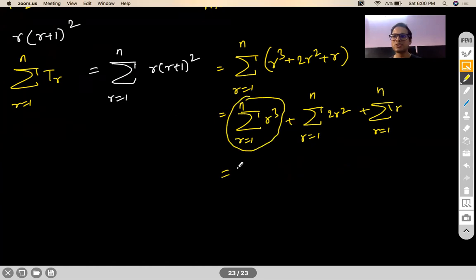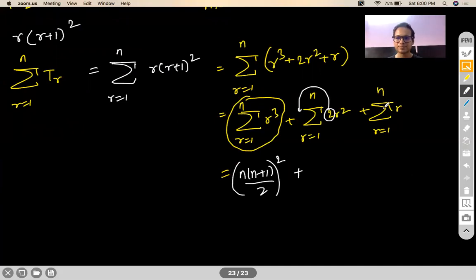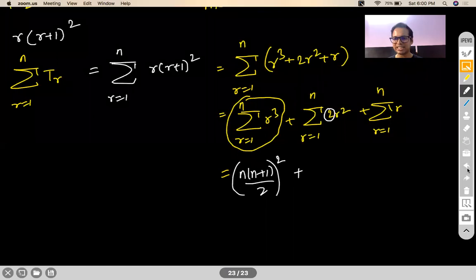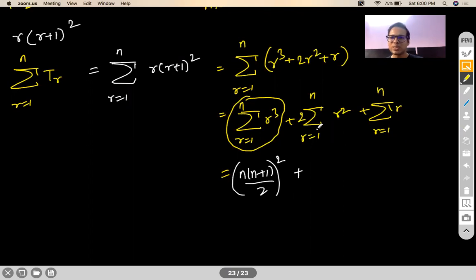Yeah. So now, summation of r³, this term is already known to us. It is the sum of cubes of natural numbers from 1 to n. And that result is [n(n+1)/2]². Correct. Now this 2, you can always bring outside. So let me make that change here itself. This fellow 2, bring it outside. Why are we bringing it outside the summation? It is like you are multiplying 2 into 1 squared, 2 into 2 squared, 2 into 3 squared. So 2 can always be taken out common. Correct. So 2 into summation of r² is already known to us.